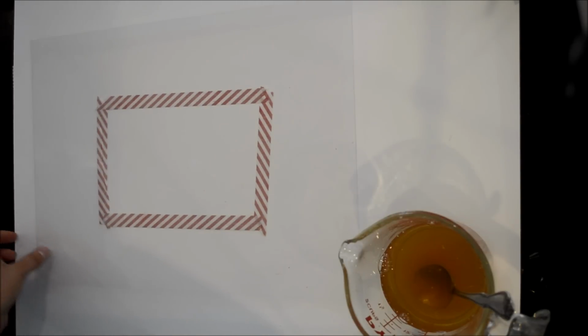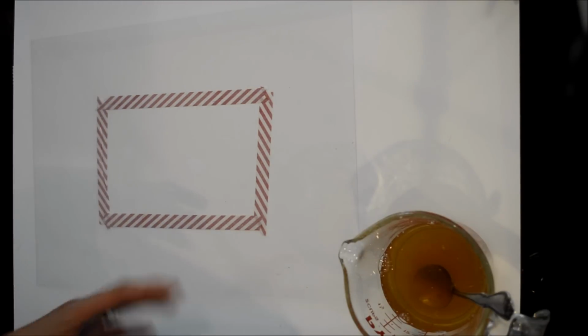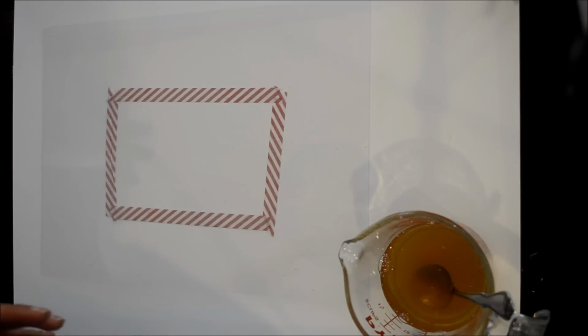I have had a lot of inquiries about doing a tutorial on how I did the bag for the bag of spinach that I made, the bag of spinach cake. And I just wanted to show you the method that I developed over the last few weeks. It's been a lot of trial and error trying to figure out the best way to get a thin sheet